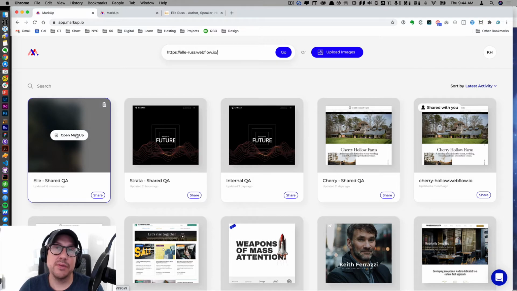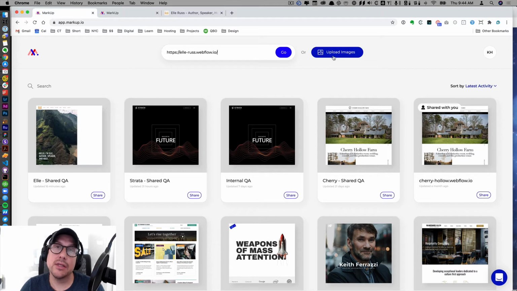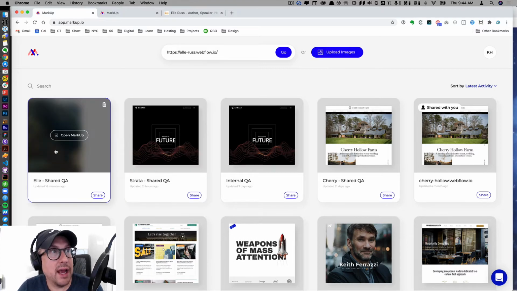I love how simple that is. There's not any sort of new software to start up or a big complicated workflow. You really take either an image, like some design comps, or take a URL, hit go, and it creates the project for you. So once I have the project,